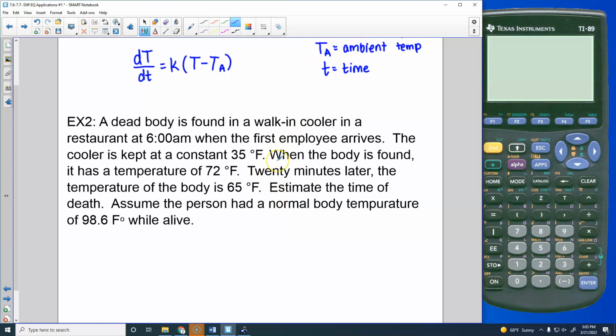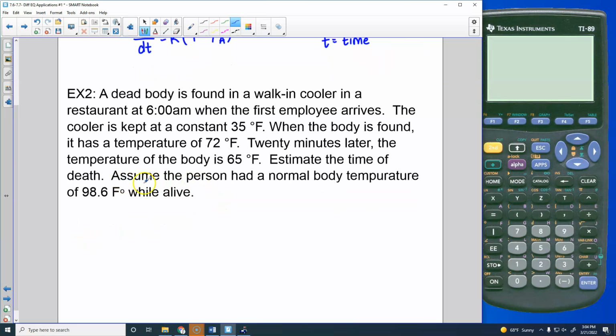So, but we want to be very precise here. Estimate the time of death. Assume the person had a normal body temperature of 98.6 degrees while alive. And there's another assumption that's going to give you a little variability. Your temperature may not have been exactly that, but you pretty much have to assume that to be able to